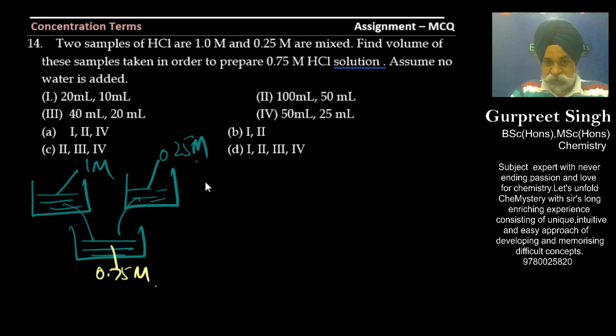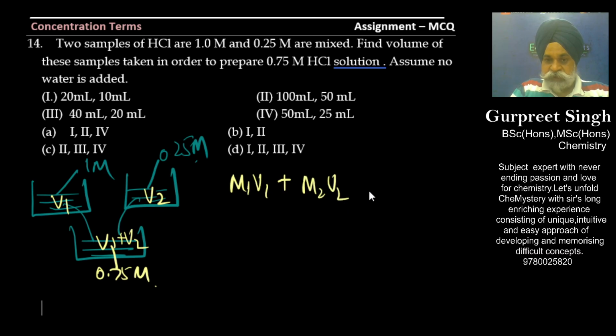So we shall be saying if I take V1 of this, V2 of this, so this solution would be V1 plus V2, as simple as that. So I would say M1 V1 plus M2 V2 gives you M3 V3. So how to do this particular question? Otherwise, you have to put all these values in this equation and see in which case the data is equal to each other. Those are the things which you have to see.